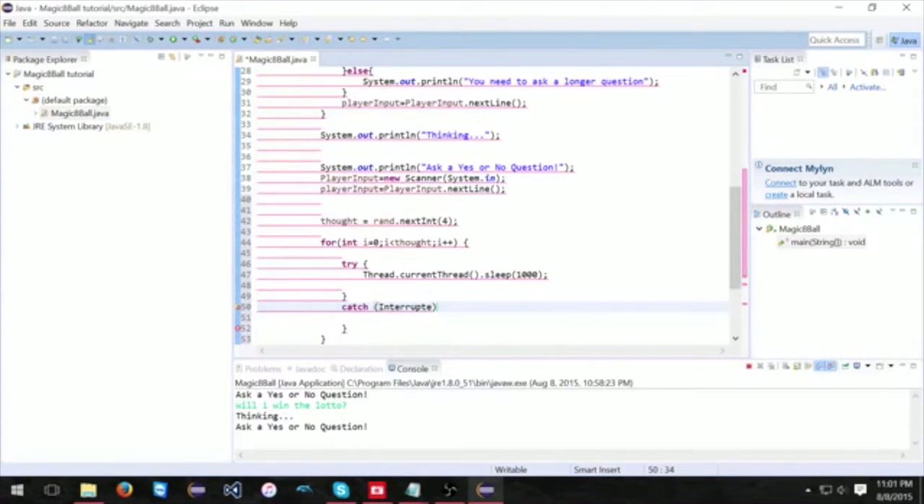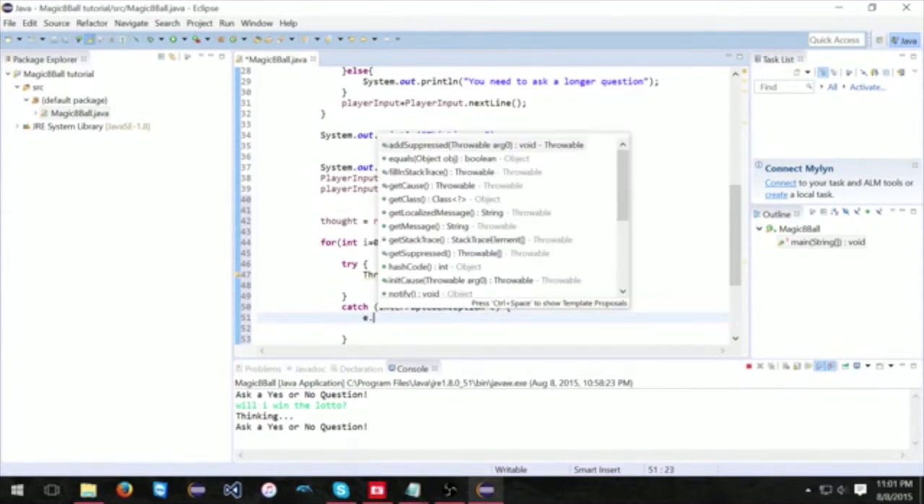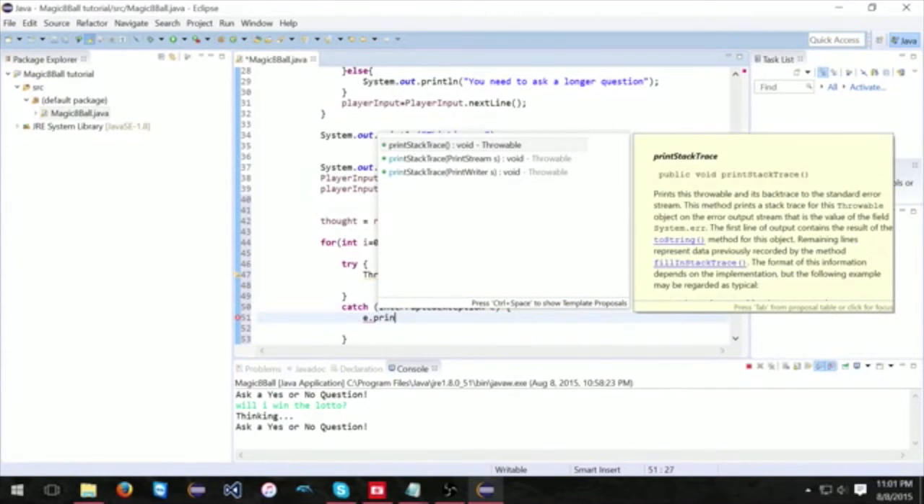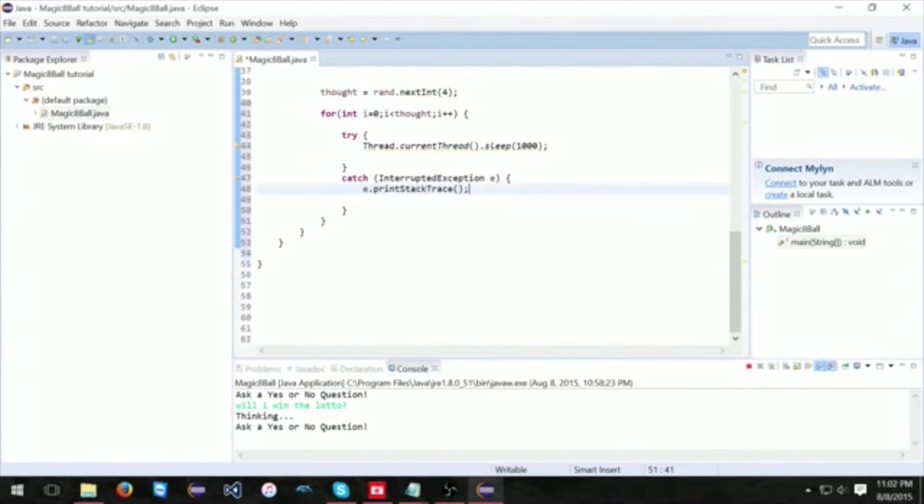Interrupted. I know there's errors, but I'll fix them in a second. Exception e dot current stack trace. Okay. Now,